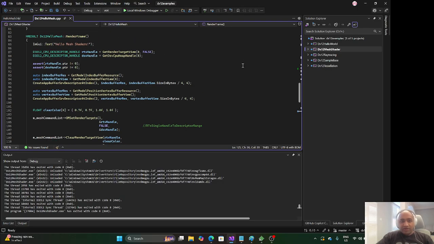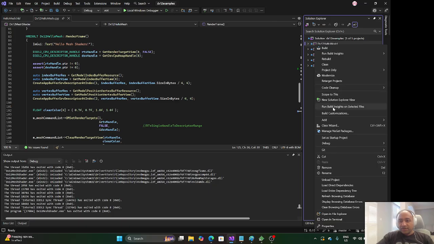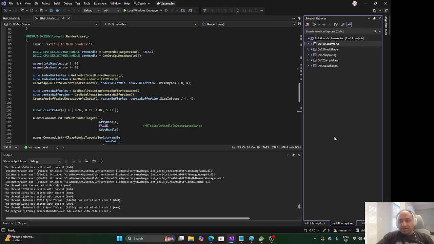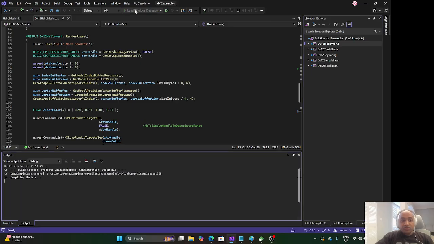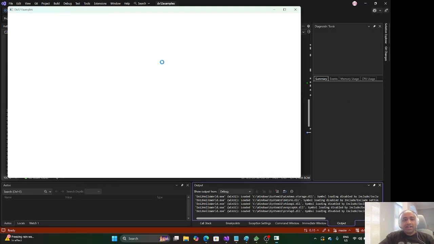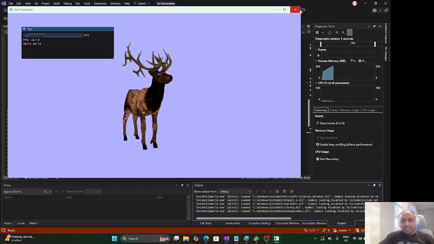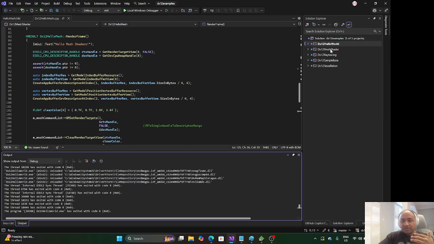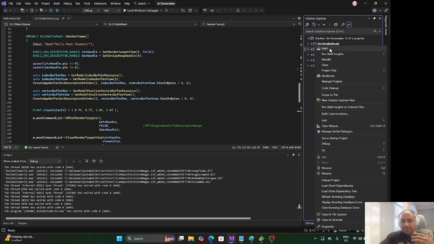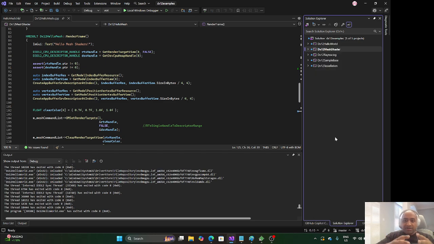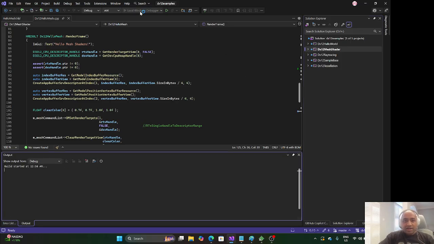So I have my whole framework ready and I load the GLTF file, I render, and I already have the vertex buffers, everything set up. When I started with the mesh shader, I set up the pipeline and I got the same VBs and IBs, which I know are correct, and then when I ran it,